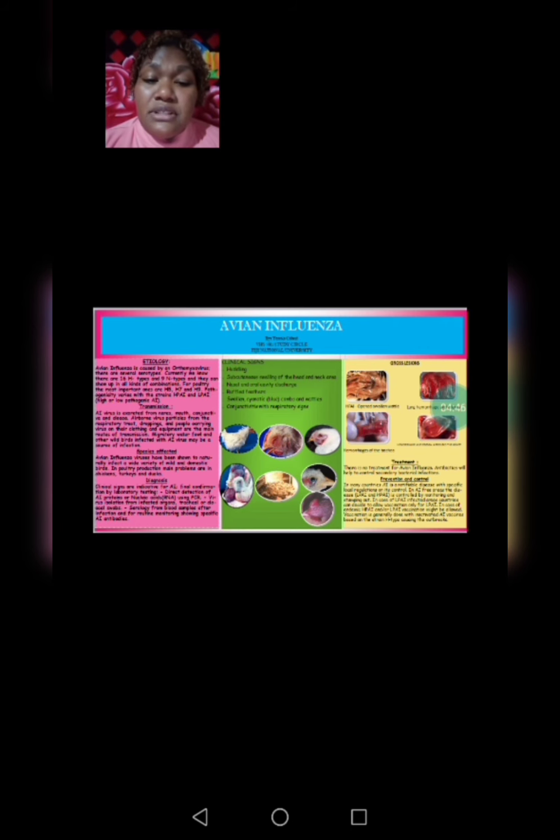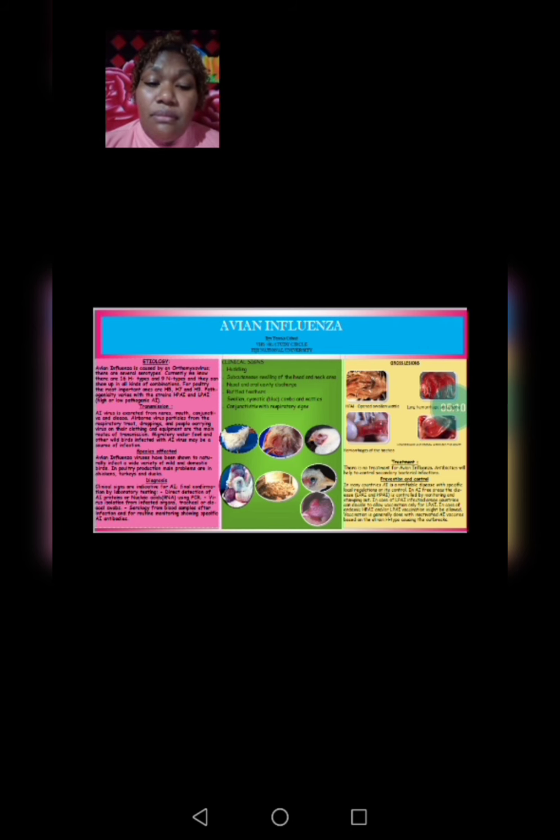Last one is prevention and control. In many countries, avian influenza is a notifiable disease with specific local regulations on its control. In avian influenza-free areas, the disease is controlled by monitoring and stamping out. In case of low pathogenic avian influenza infection,